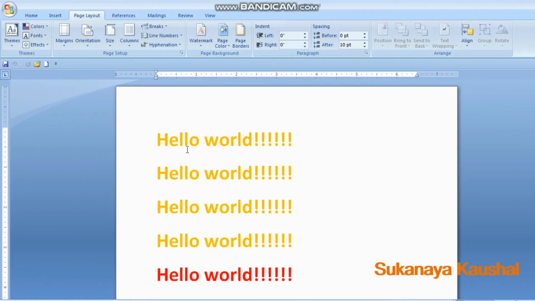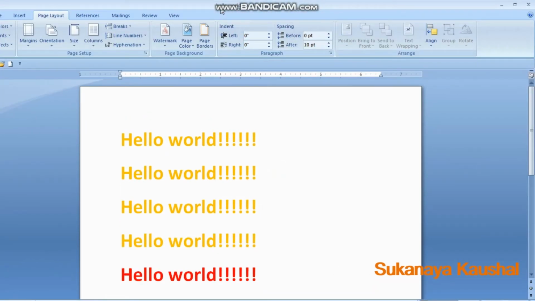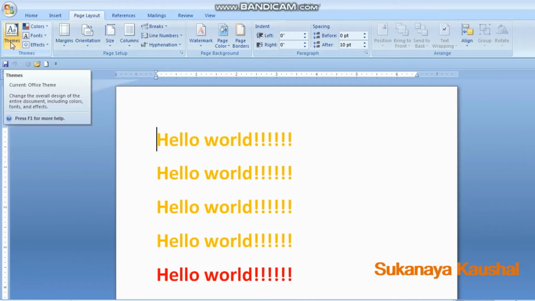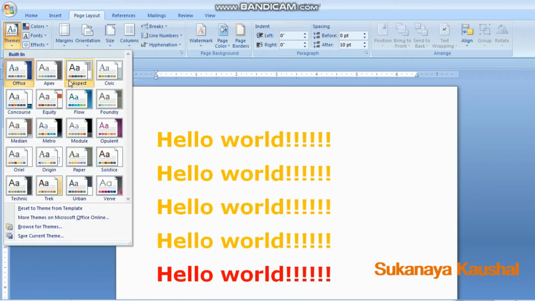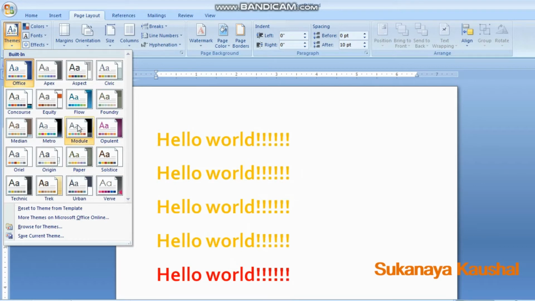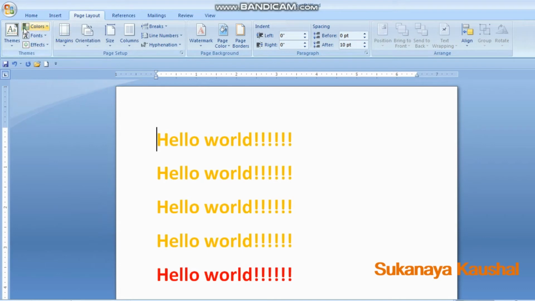So how can we change some of the settings in page layout? We will show some examples here. Here I have a document with the title Hello World, and we have a margin. If I want to change my theme, it can be changed by clicking on it, and if I want to change the color particularly, I can change it.